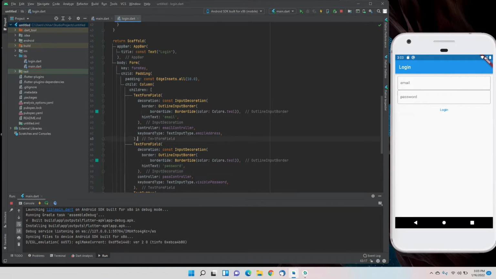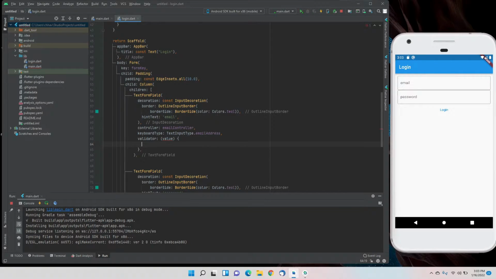Now we'll locate our text form field. Firstly, we'll be writing the code for the email text field, right? We'll add a validator here, which shall be outside of our input decoration. The validator is basically a function, so we are adding a function for the value which we receive from the text controller, right?